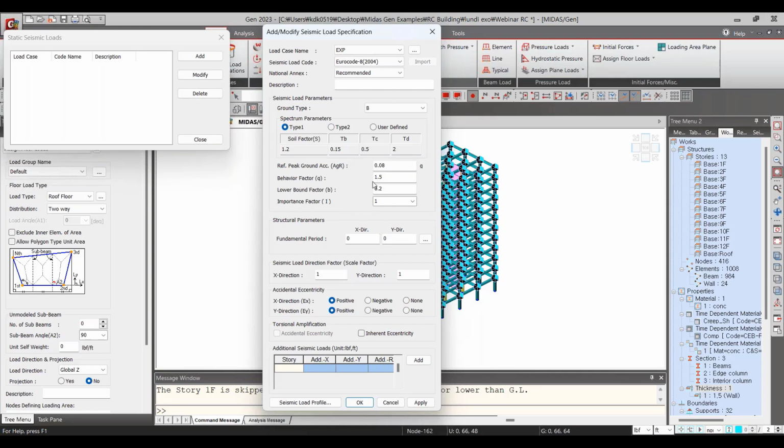And for the behavior factor, I'm going to use this factor, but you need to calculate it depending on the project you are doing, and the lower bound factor B and importance factor, the factor that I explained before, I can choose for the third building category. And for the structural parameter, we can define the period for just one second, and because we are in X direction, here we can put 0, and then we select the accidental eccentricity for positive,